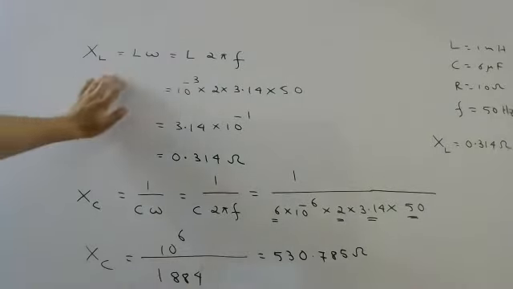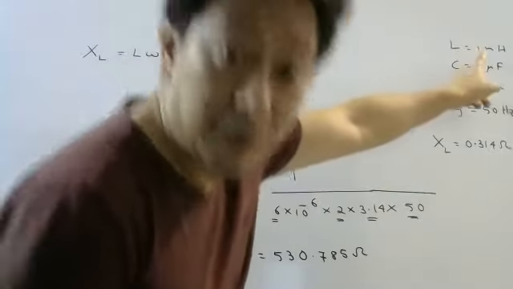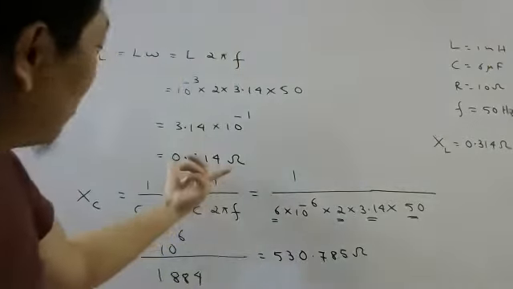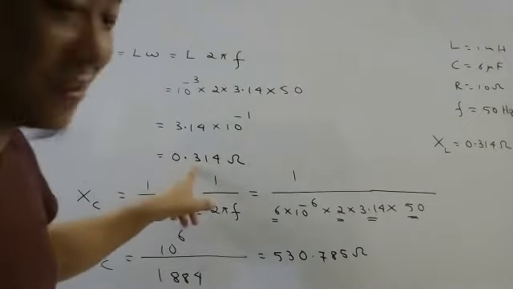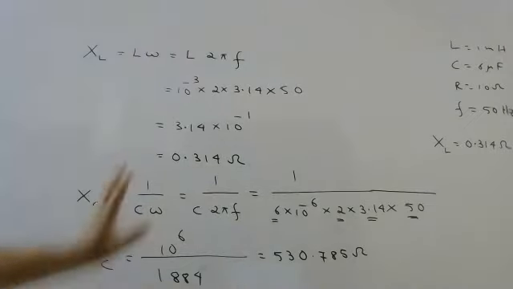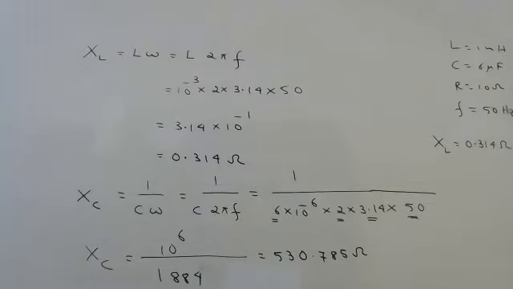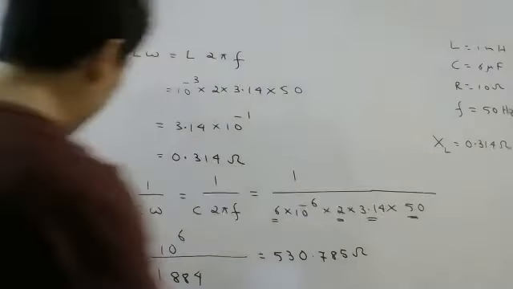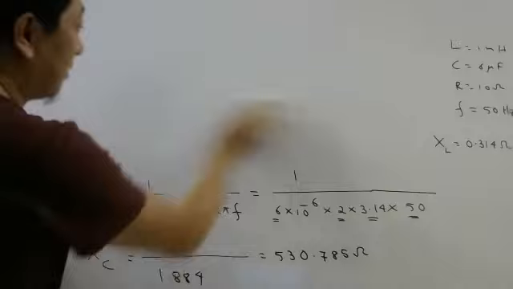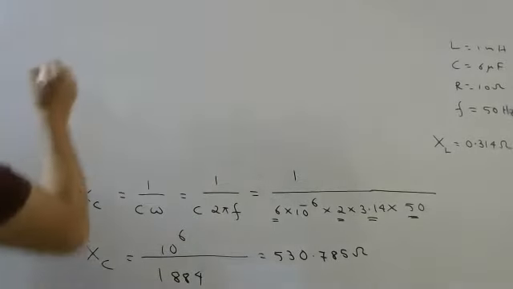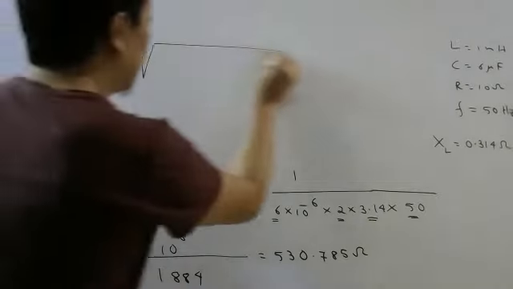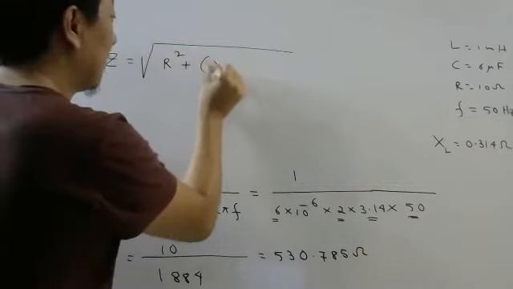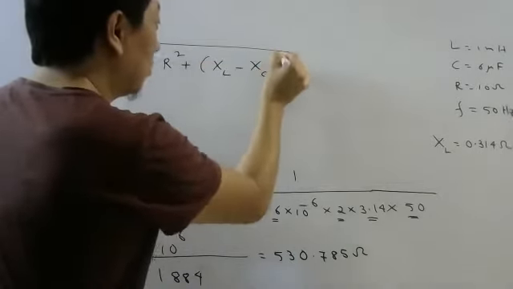Then this value came very small. Okay, so if I had given 100 millihenry, it will be nice, because right now this is very small compared to this. So actually in entrance exam you can neglect this compared to this, but in board exam you have to still do it. Okay, so XC we got. Now after we have calculated XL and XC, the first question we will start answering. The first question was impedance, right or not? So the formula for impedance is root over R square plus XL minus XC whole square.